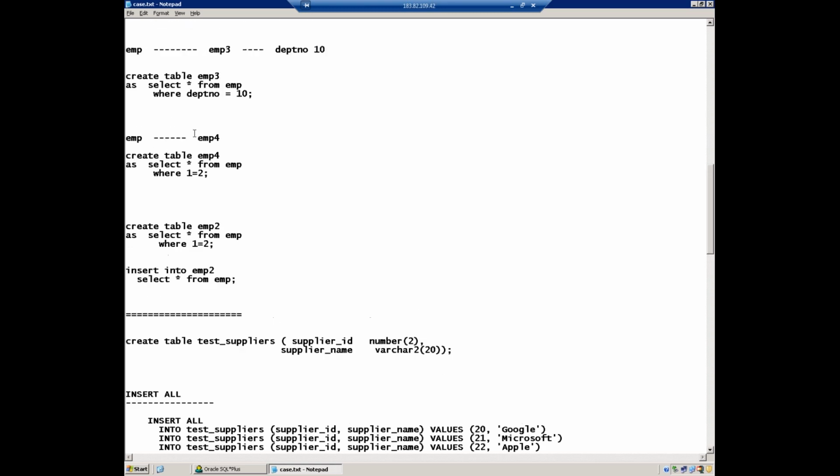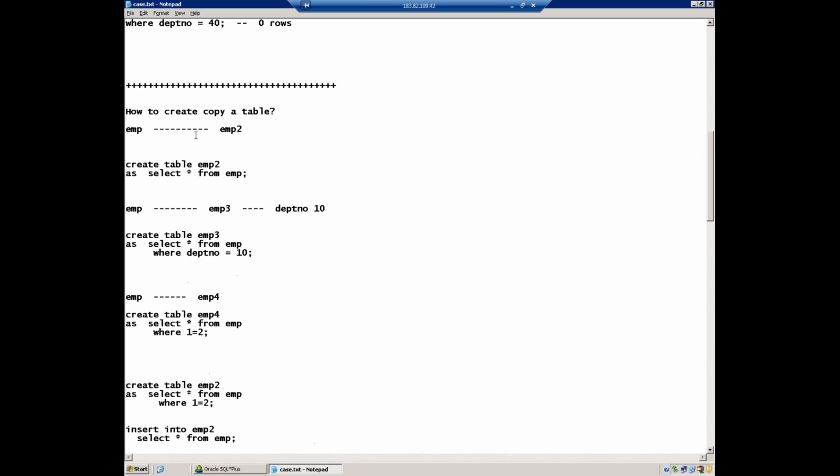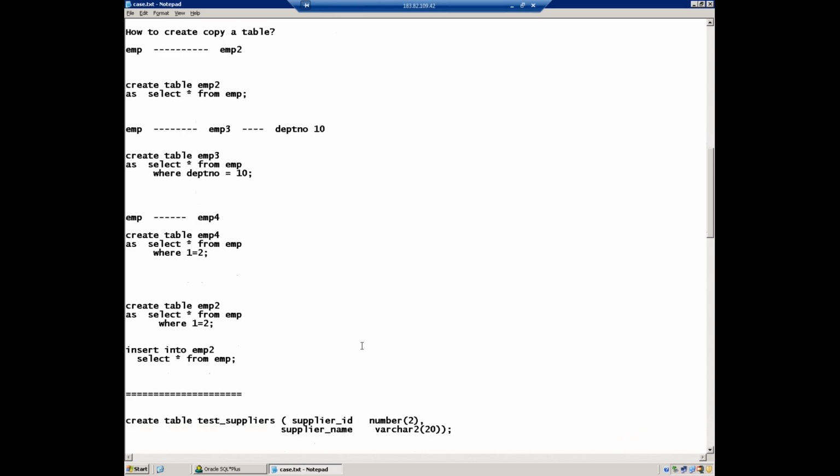Suppose EMP1 is there, EMP3 is there. So I want to copy those 1 and 3 into EMP2. When you want to copy from two tables to one table, write two commands. One minute, look at this.